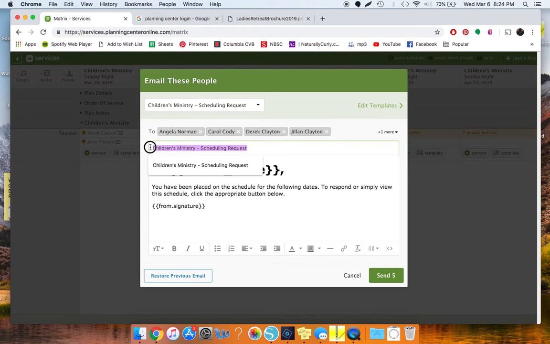That changes the subject, and the email is going to say hi, and it's going to be whoever's name. So Angela, Carol, Derek, and Jillian will be there in their own emails, and then it's going to be from you. And then from here you would just click send, and it would send out the emails to everybody who's